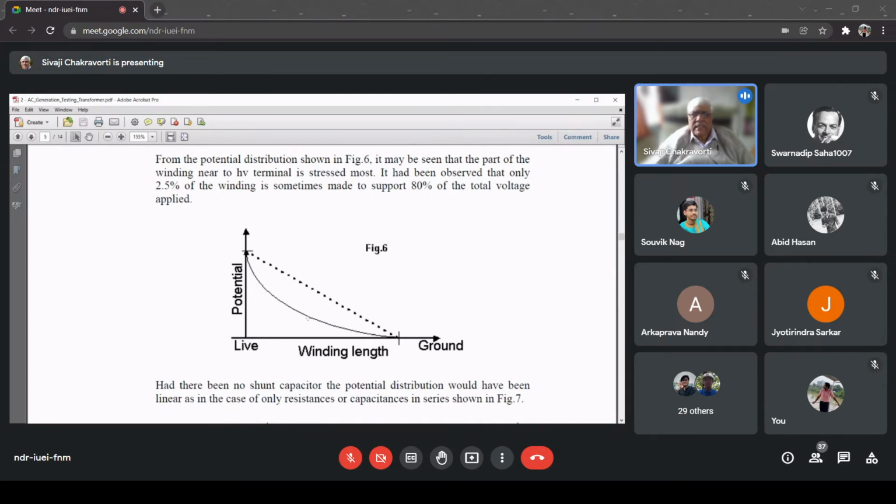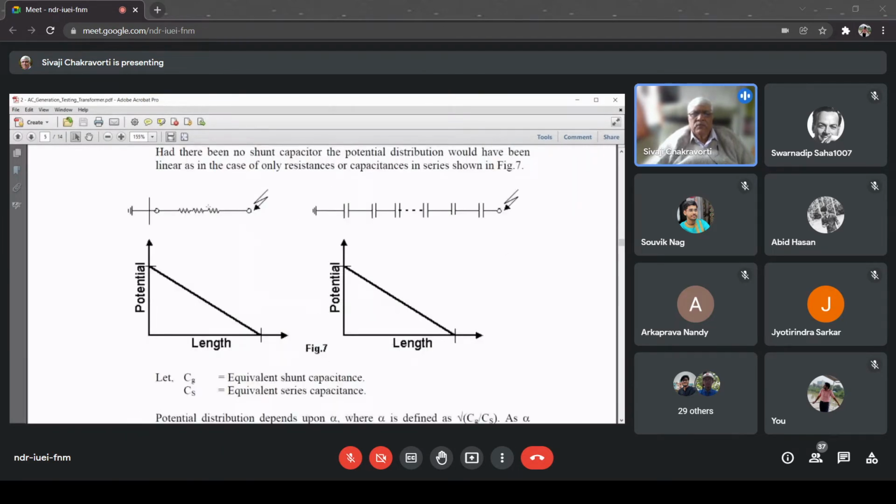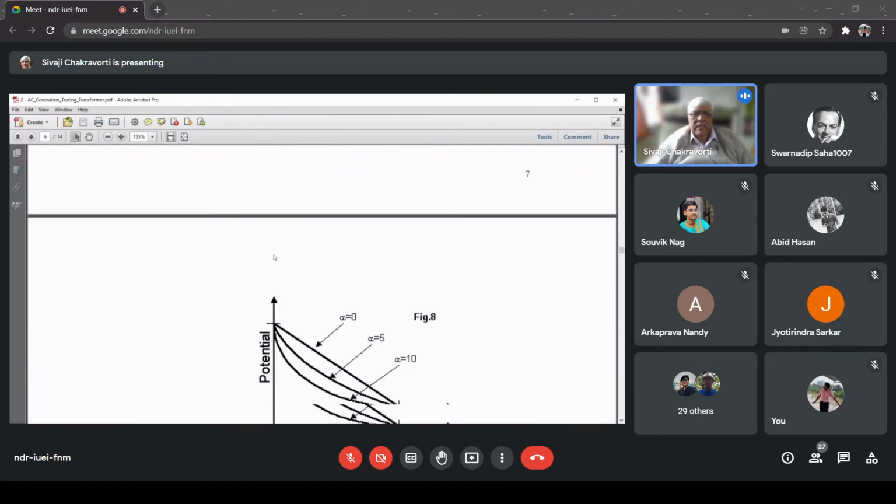And therefore, while designing transformers, you have to take care of that. And now you can understand that whatever transformer design that has been taught to you is not enough. There are several other aspects we have to know if I have to design a high voltage transformer. Because remember, these transformers have to withstand lightning impulses. So this is what is being explained here.